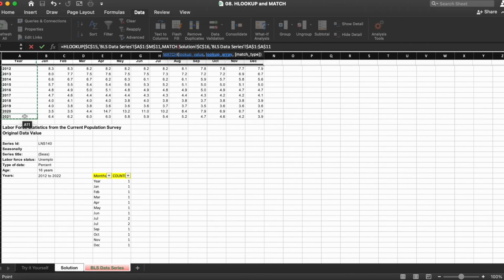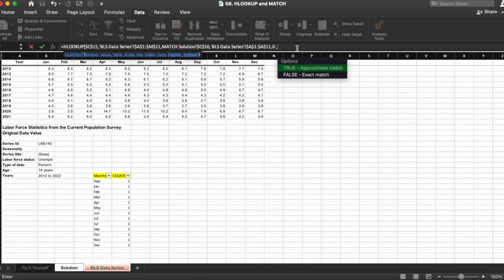Lock that in. We're going to do 0 for the match type because we want it to be exactly the value we have in C16. We're going to close the parentheses on the match. And again, as you remember back to one of our earlier sessions, we have the nice color-coded parentheses to tell us where we are. And then we can also look here to see where we are in the formula. Then we'll put another comma to finish the HLOOKUP portion of the formula. And we're going to put in false there.